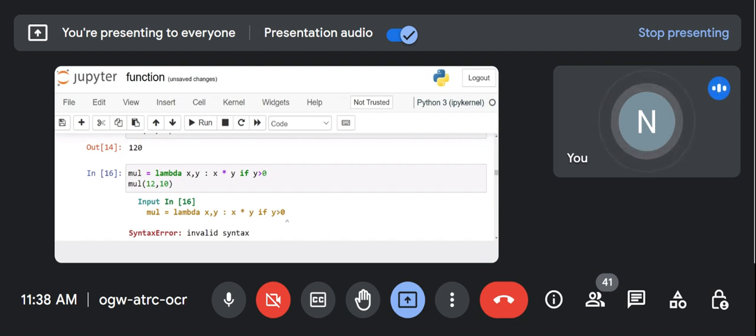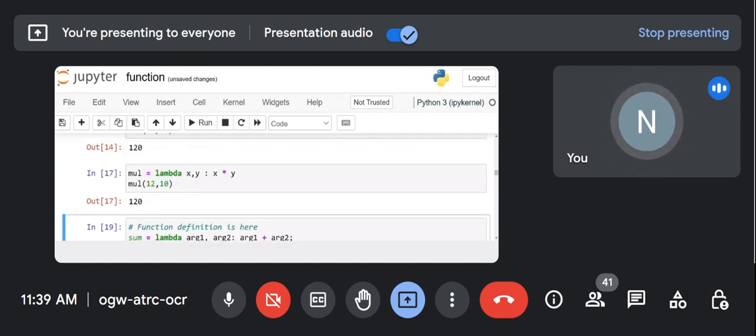Because it's a simple function, sir, we can use it in a way like writing an if statement, then a colon and all these things. But how are we going to use if with the lambda function? In simple terms, it's already clear, just multiplying and getting the result. But how are we going to use if and all this stuff in the case of lambda functions? Okay, so